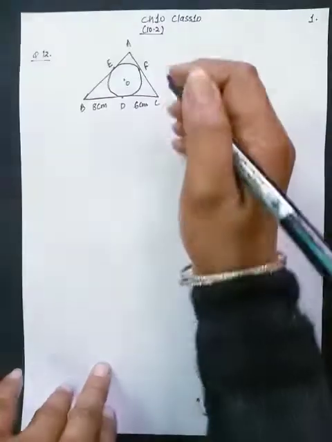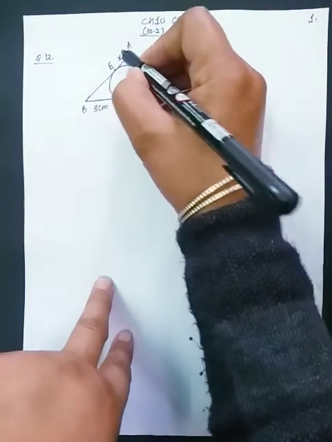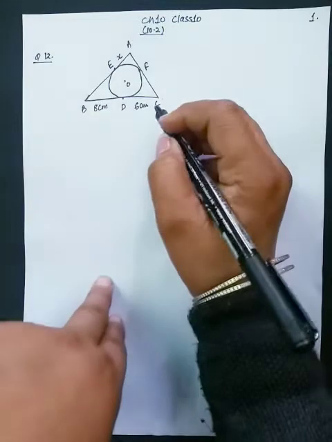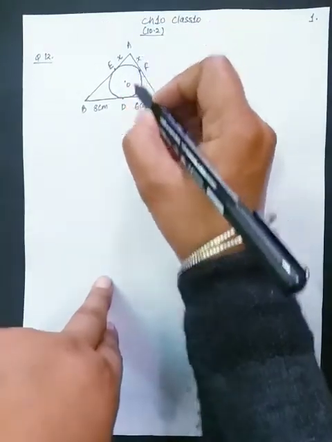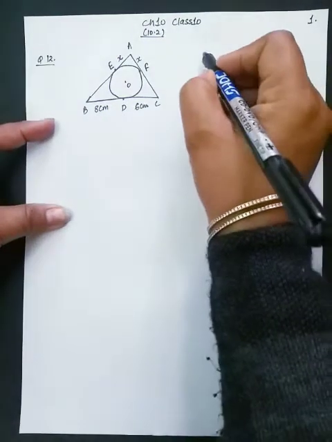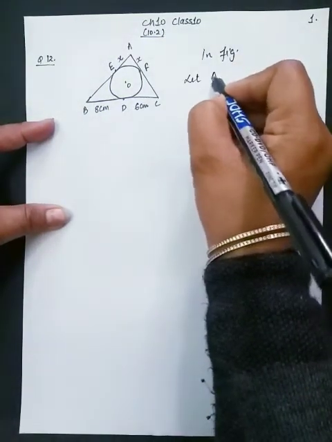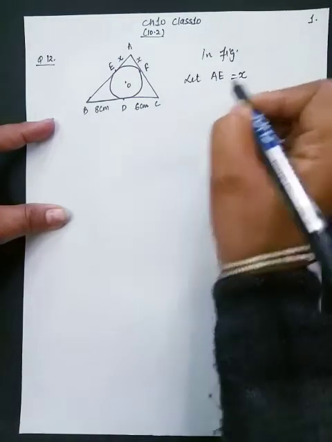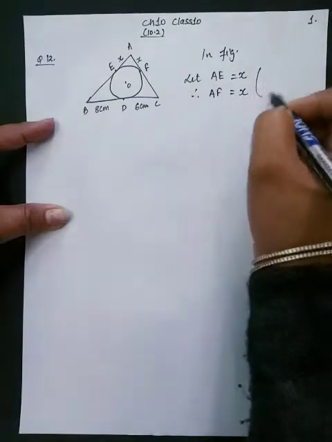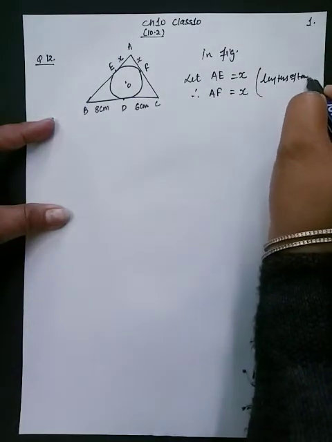So, first of all, what we have to do? Let us assume that AE is equal to X. When AE is X, then AF will also be equal to X. Why? Because these are the lengths of the tangent from exterior point A. So, in the figure, let AE is equal to X. So, therefore, AF will also be X because these are the lengths of tangent